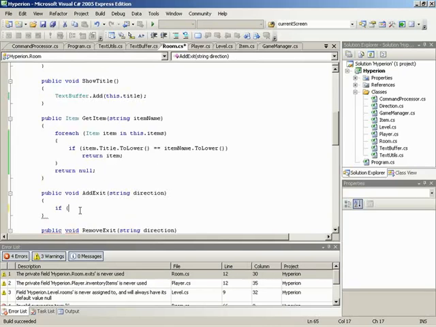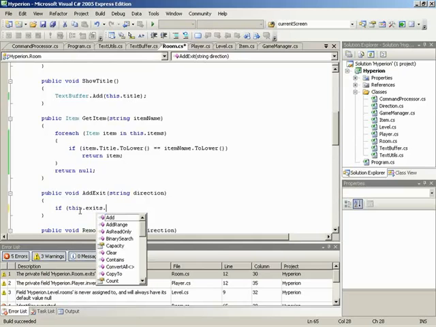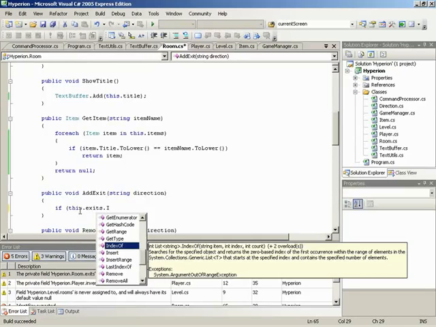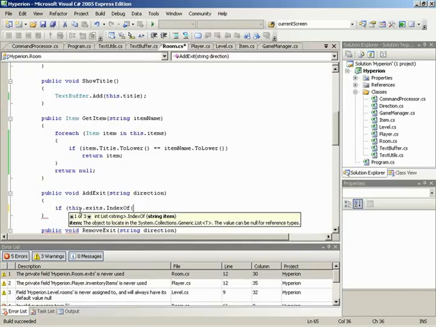So we need to ask: this dot exits, this is talking to the exits list that is part of this room, and we're going to ask it the index of, and now we can pass it some direction. In this case, a string, because we're operating on strings when we're talking about exits. And you can see the parameter coming into the add exit method is string direction. So we're going to ask for the index of direction